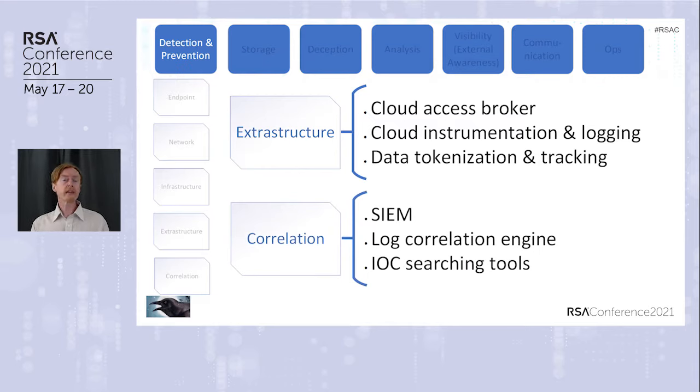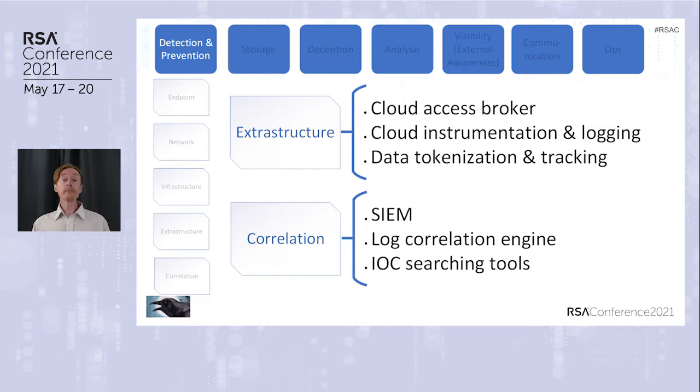So we might have a portion that you call the cloud. I call it your extra structure, because there are a lot of things that are actually part of your infrastructure which you don't own and manage and control. And so cloud is a nice term for that. I think extra structure is more precise because there are a lot of things which actually aren't part of the cloud. So we need to be able to instrument those systems to do extraction of information for our analysis within our SOC.